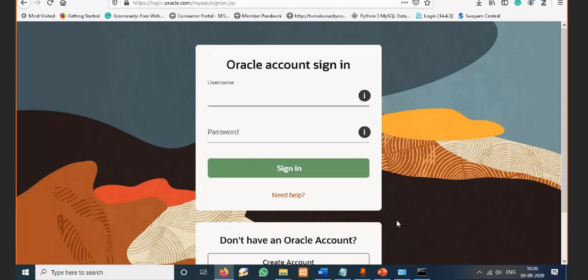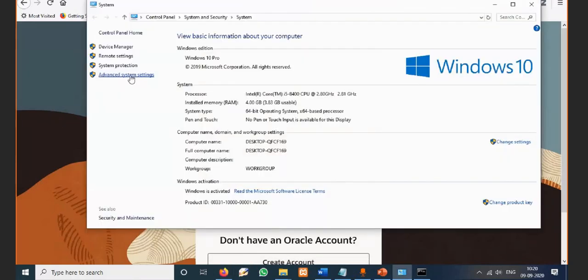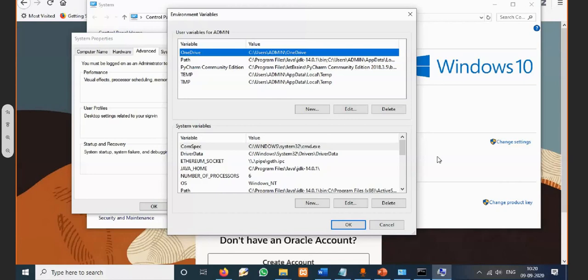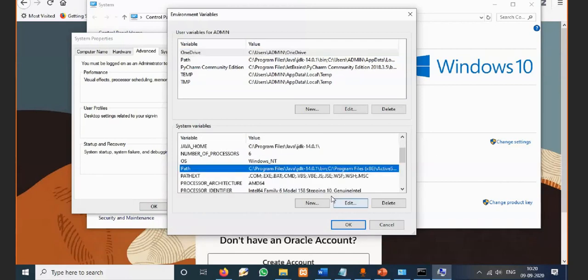Open systems, advanced system settings, environmental variables, check your Java path. If the Java path is already set in the path variable, don't worry. Otherwise, where you installed it, you know that path, just copy that path. That's what I showed previously. See, if you go directly to the C drive, we have program files. In that we have Java. So here JDK version 14.0.1.